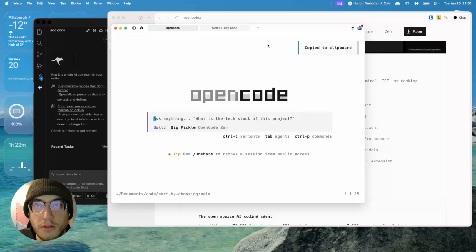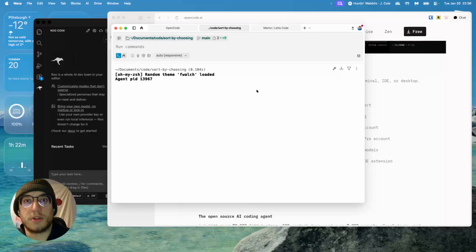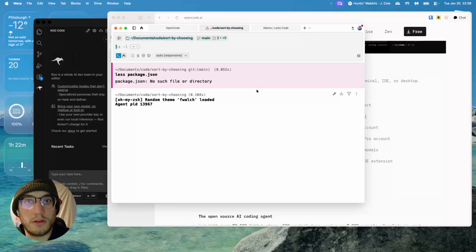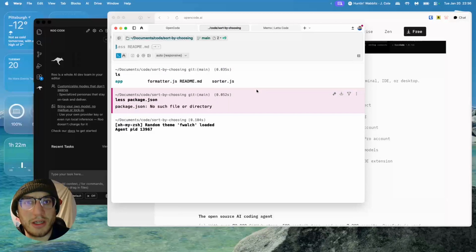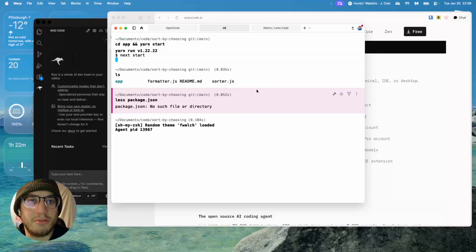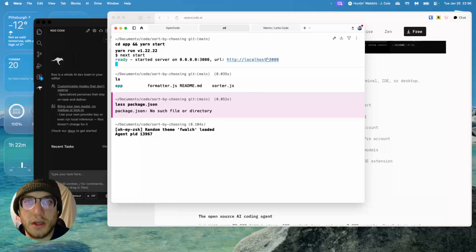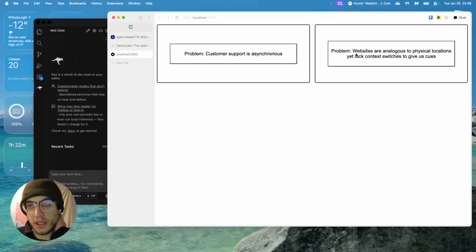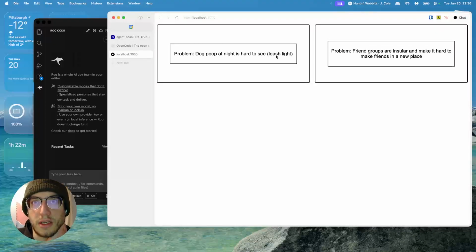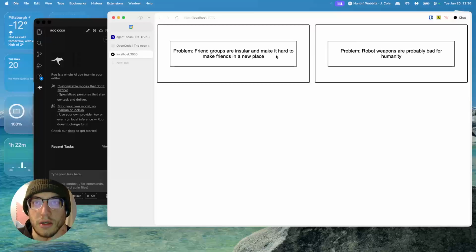I'll show you, I guess, what that looks like in a different tab here. I guess we have it running. I totally forget how to run this thing. Apparently, we don't have a package JSON. Oh, it's in the app. I think maybe it's just yarn start. Yeah. Okay. So this was like an old app I used to have that lets you like choose things and